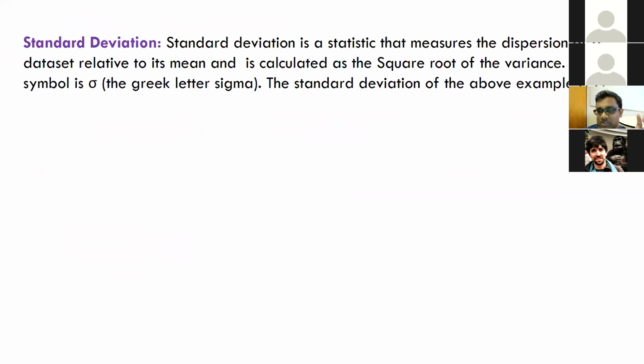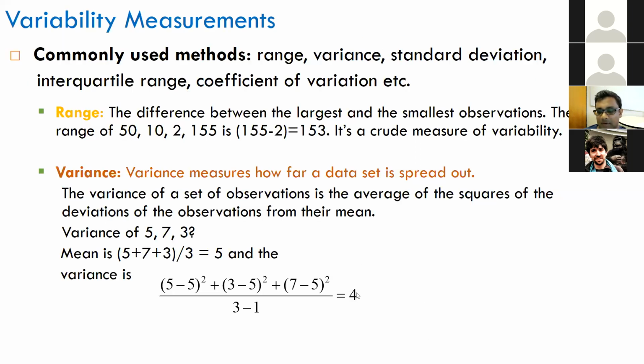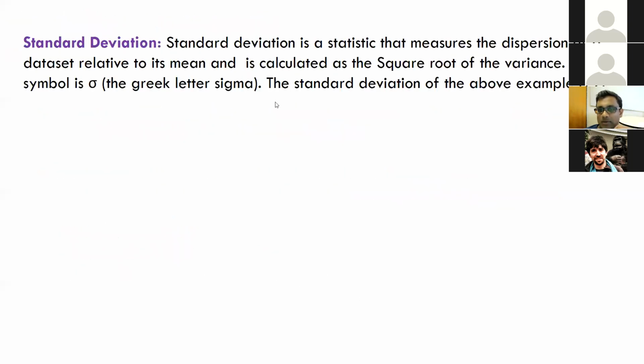So they are kind of interchangeable. Standard deviation is a term that measures the dispersion of your data set relative to your mean, right? So if you calculate your variance here as 4,